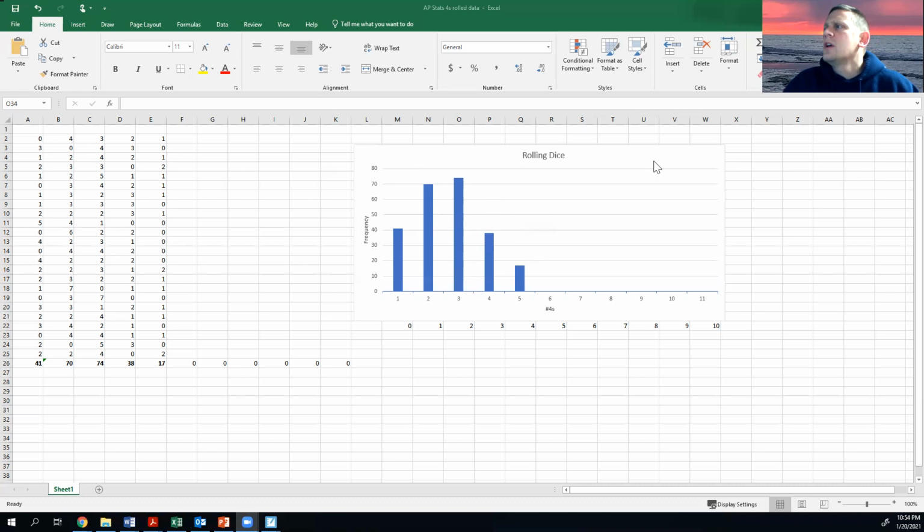So this is what our data look like. This is what we got. You can see the totals are at the bottom. Okay. So that's kind of what that is. All right,